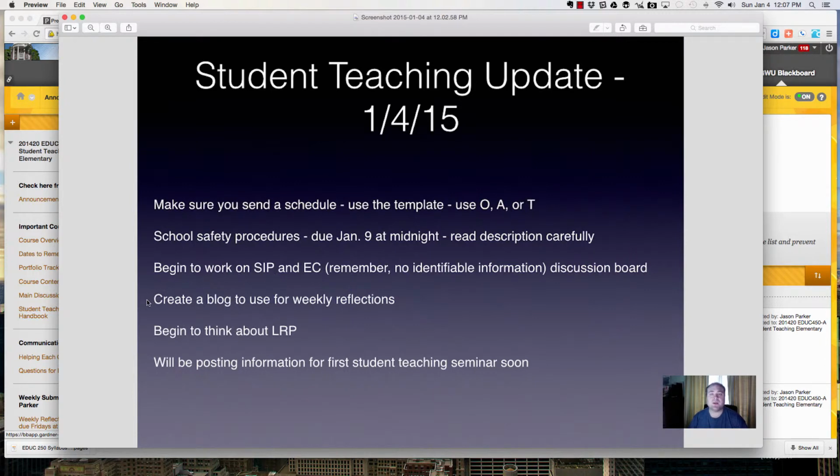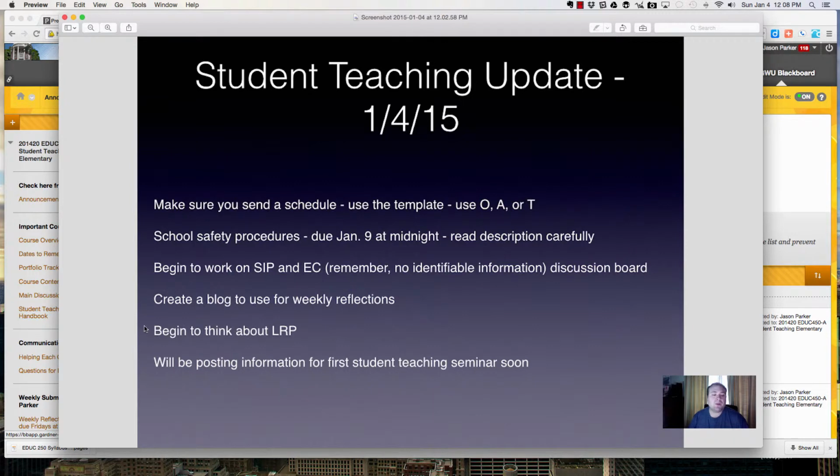For this week, it's also very important for you to create a blog that you're going to be using for your weekly reflections. I would highly recommend Blogspot, which is associated with Google, which a lot of you have already used throughout previous coursework. Typically in semesters past, we have had students submit their weekly reflections via Blackboard, and Blackboard's not the greatest place to collaborate and share what you're learning with others. So please make sure that you are creating that blog and that your first weekly reflection goes into that blog by Friday afternoon at 5 o'clock.